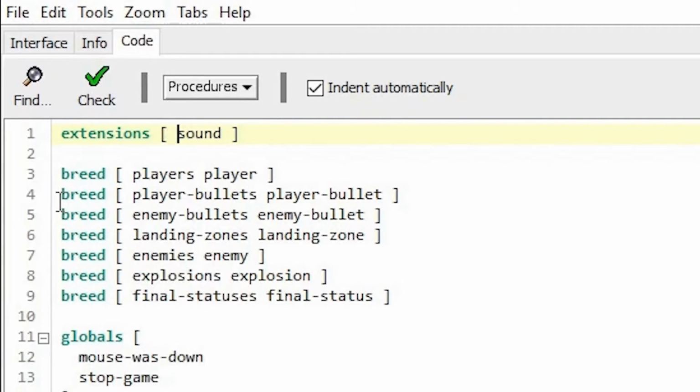But if you use extensions, this will not work in NetLogo Web, because I'm using the NetLogo Windows or desktop version. So if you plan to use this on NetLogo Web and try to export it and import it in a NetLogo Web environment, some of the extensions are not supported in NetLogo Web, so this will not work. But now, since this is a game and since we are using the desktop environment, we can use this extension.